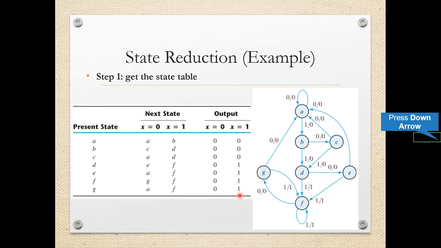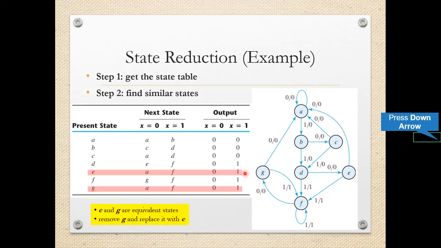Now state F, if we observe, if 0 comes, go to state G. If 1 comes, remain in the same state with output 1. G, F with outputs 0, 1. Similarly, for G, it is in state G, if 0 comes, go to A, if 1 comes, go to F. This is the last row. So likewise, now we have converted the whole state diagram into the state table. That is the second step. I will go for the next.